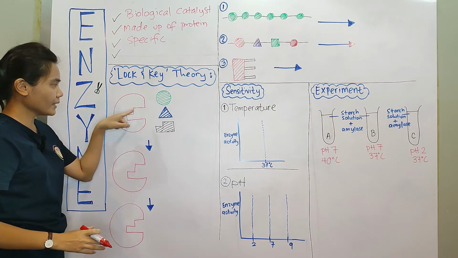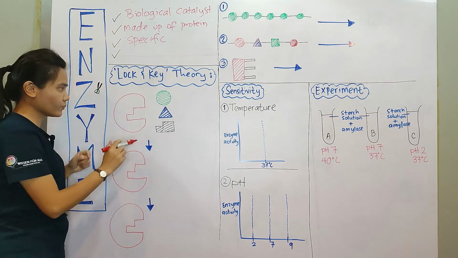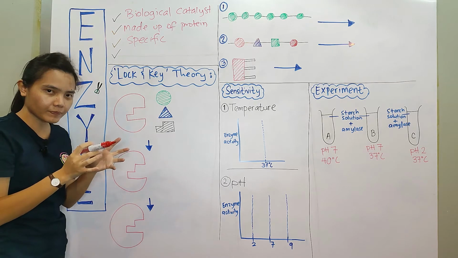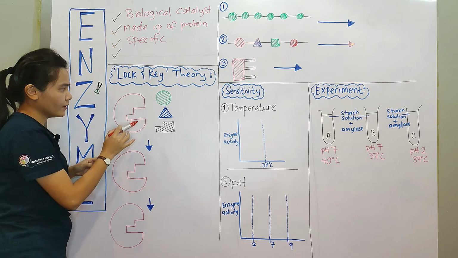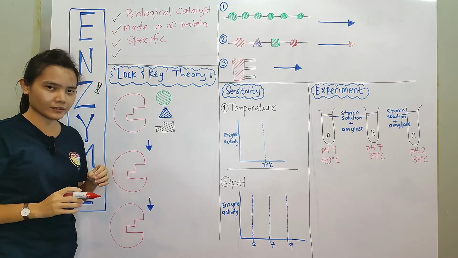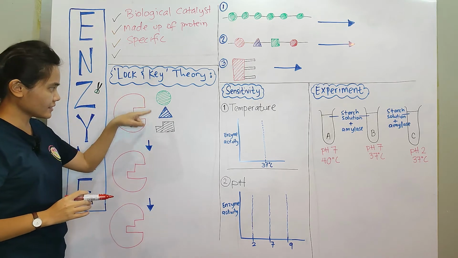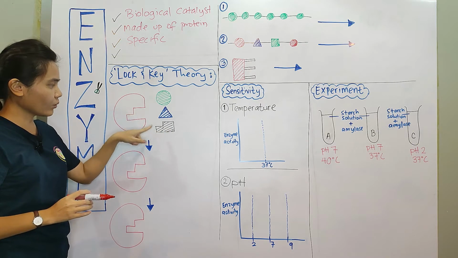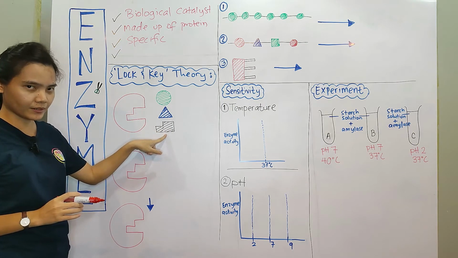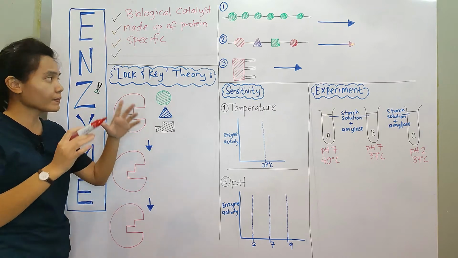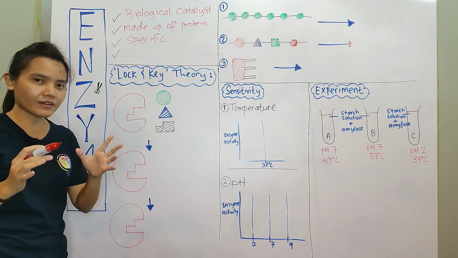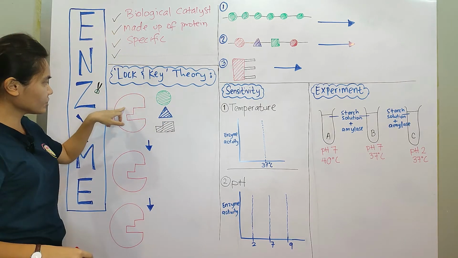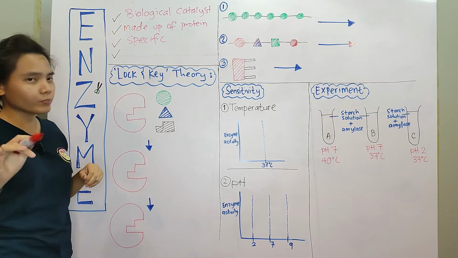But they will only bind to a specific one, which means, I will explain later, that is the lock and key theory. According to the shape, it will start to break the substrate down. For instance here, from the shape you can see that this enzyme will only break this substrate. Then you have the products. That is why I say enzyme is very specific. So what happens after it binds to the substrate? Will it change?